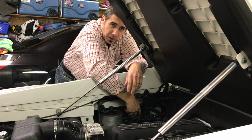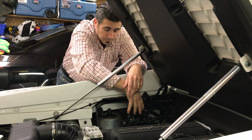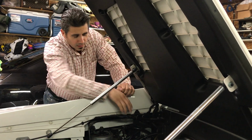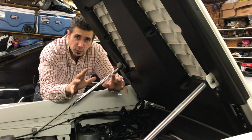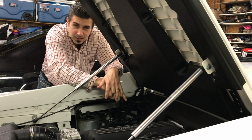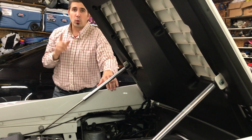Either you go by feel, which can be a bit of a pain, but that is one option. The other option, what I figured out after a while, was instead of playing by feel, you could do one of 2 things. You can have a friend or a helper guide you, telling you left, right, up and down. But that didn't work that well either. That was a little bit cumbersome. So what I found actually worked for me,